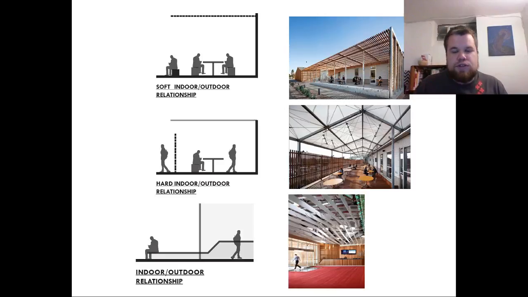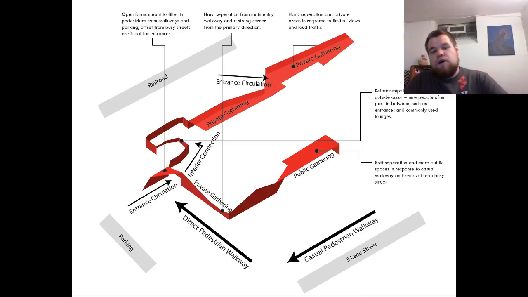There's a soft relationship where they want to be open to pedestrian areas or more closely related to the college educational larger culture that they're relating to. And then there's this very solid indoor to outdoor relationship, such as a bench that turns into a receptionist desk. So we see all the factors that are relating to that, all the contexts relating to the form.